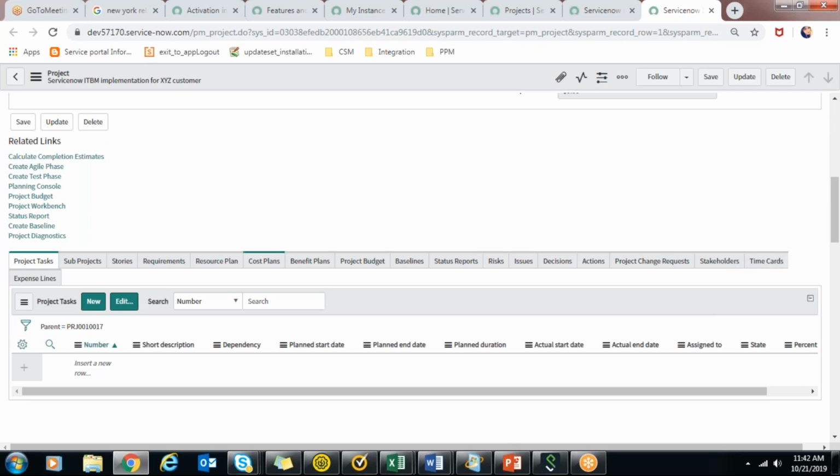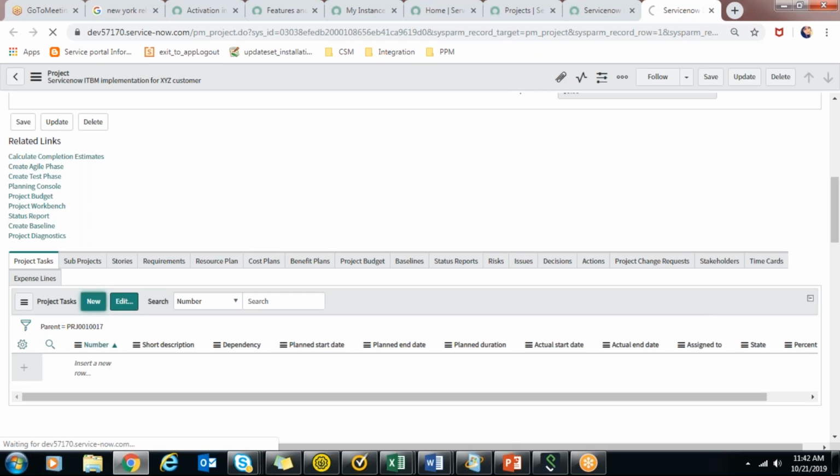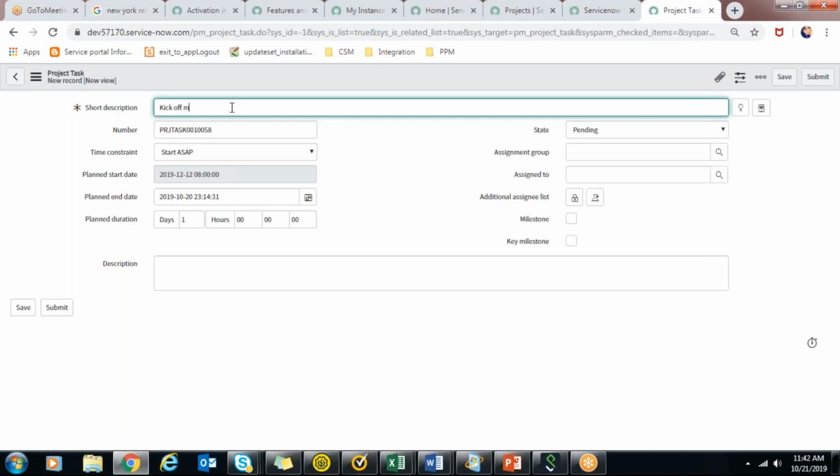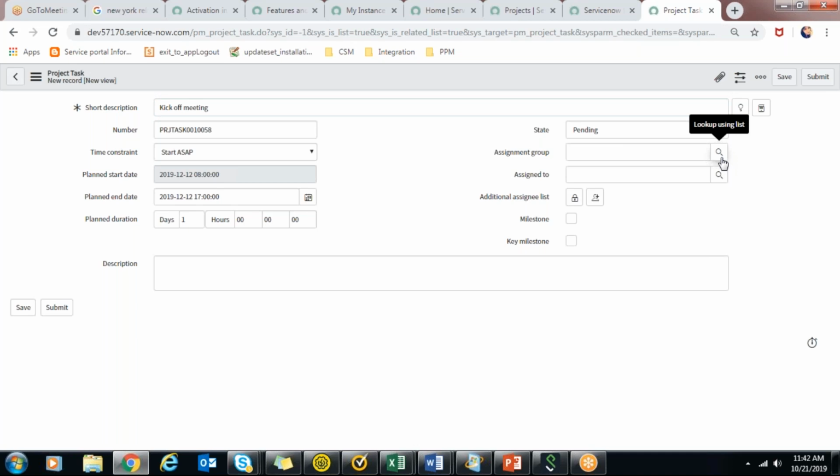So if you go to the project task and create new, you have to define what this is. First, I want a kick-off meeting, that is the starting day when the project kicks off, like what all discussion, planning dates and everything, and which group it's assigned to.